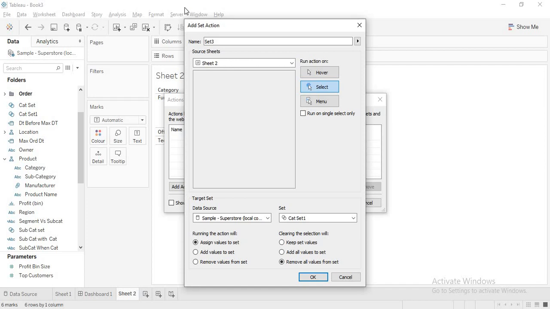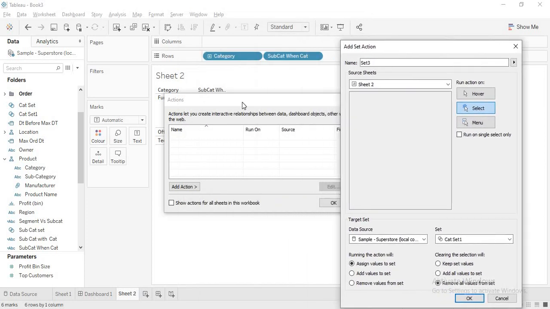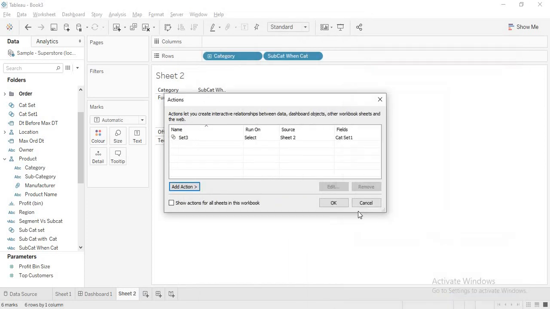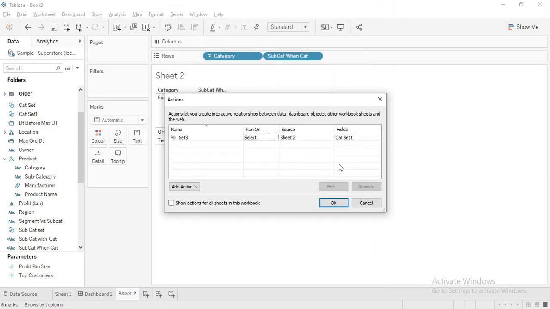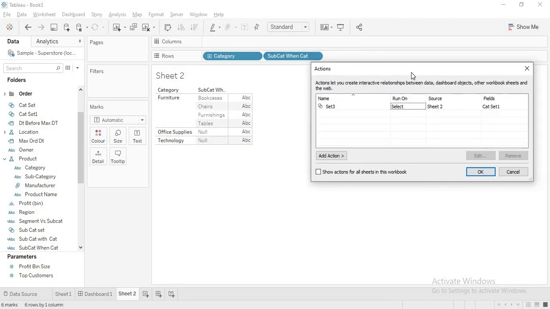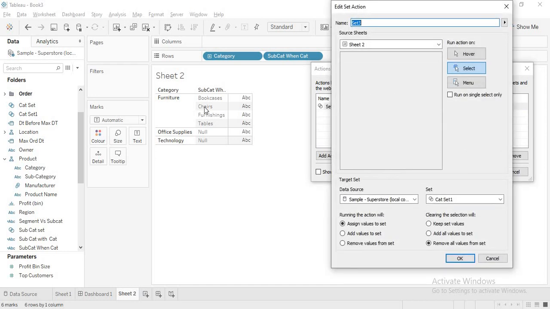So whenever, okay, wait, I'll say okay, and I'll just move this a bit. Let me move this a bit, and now let me say edit. Now see here, what is happening in this cat set? Already we have furniture.